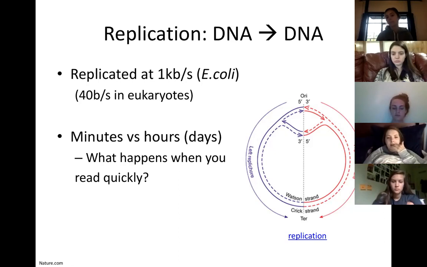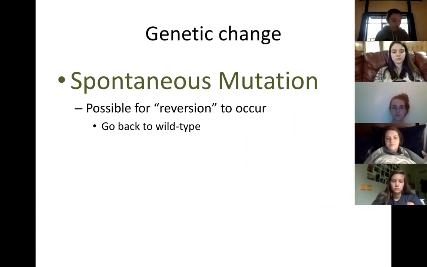So that makes sense. Even though they're better, they make fewer errors, because they are replicating so quickly and going through so many generations, there are just going to be more errors present. If you think about it, they're doing this all in minutes, and you're doing this all in hours. So they're going to accumulate a higher total number of mistakes, even though the percentage of their mistakes is lower. All right, so just let that sink in. If it doesn't make sense, let me know, and we can walk through that again.